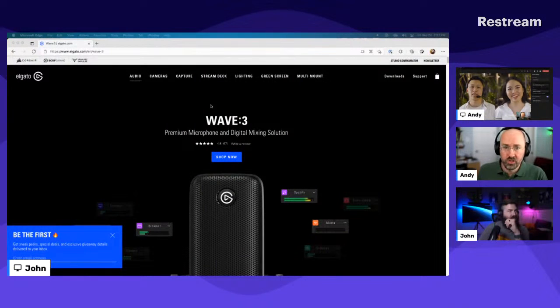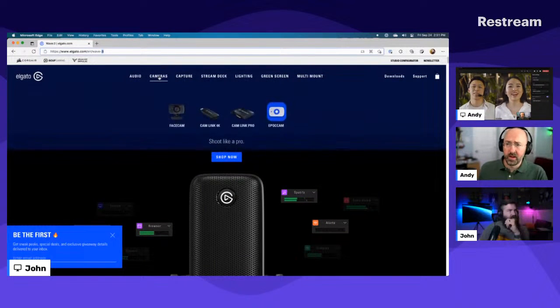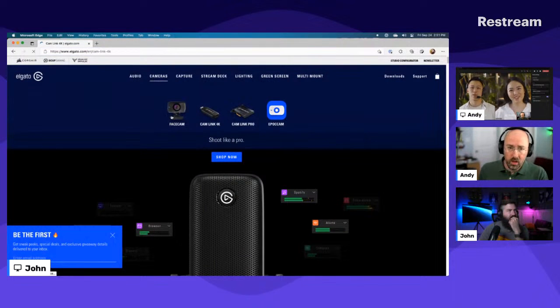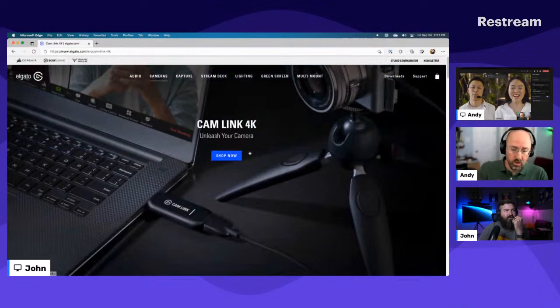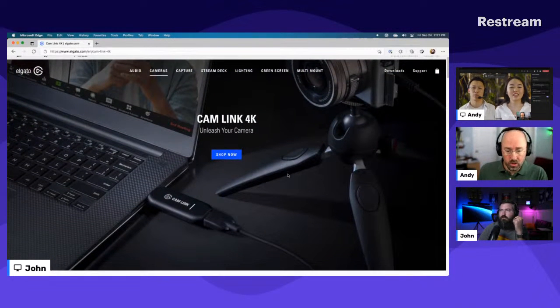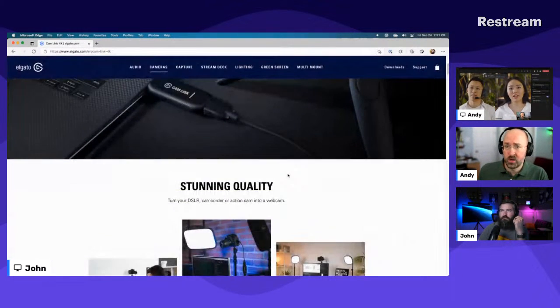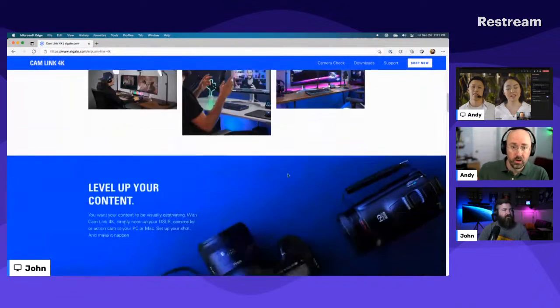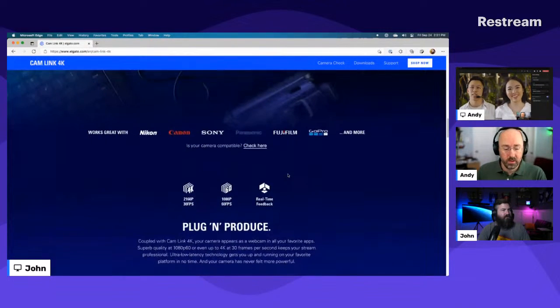You can go to the manufacturer website and find out if it does a clean HDMI out. But you're going to feed that through a capture card, and you're going to run the capture card into your computer via USB-A or USB-C or Thunderbolt. And then you're going to use that as your webcam feed. And that's what I'm doing here.